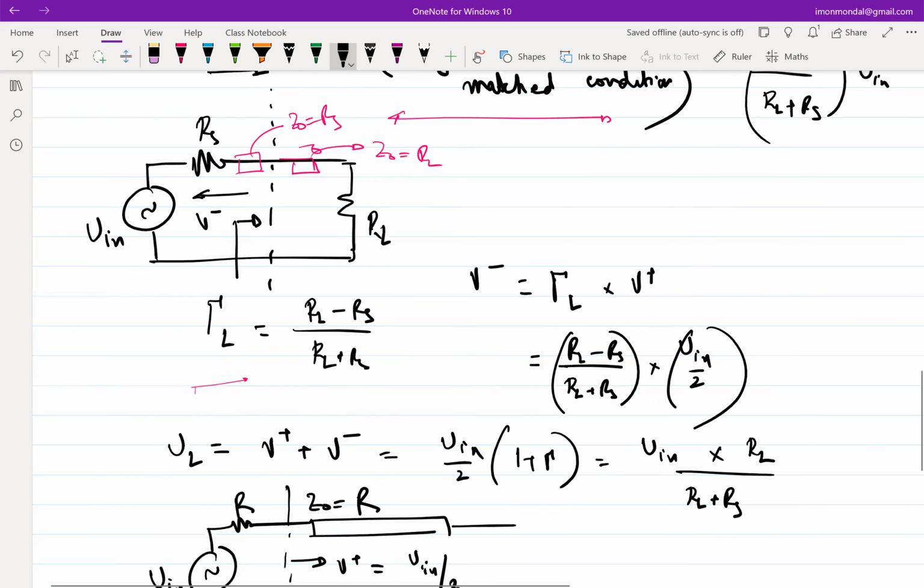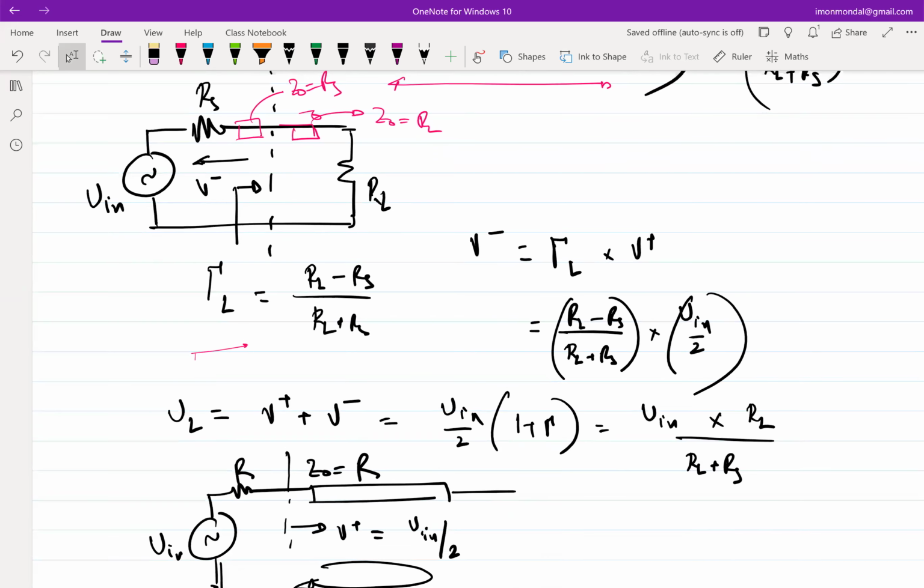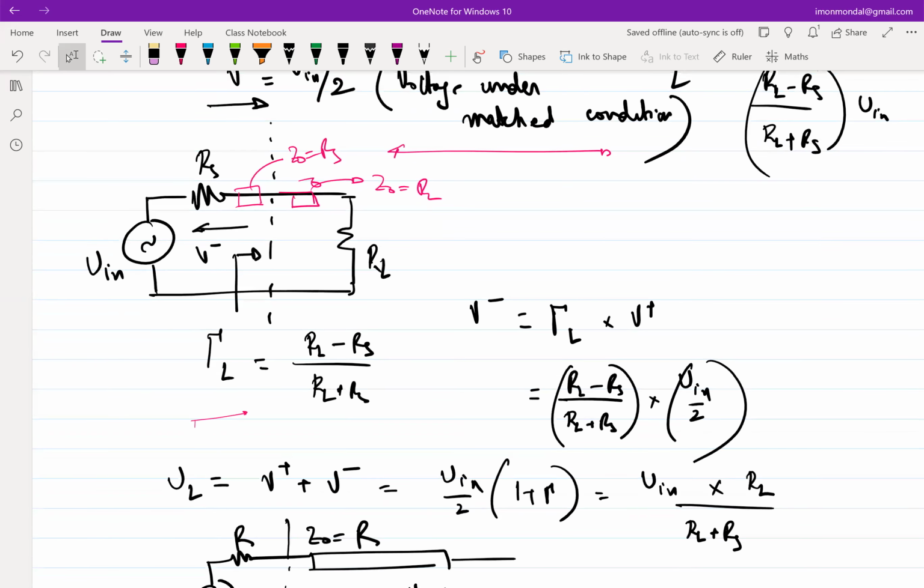Okay, so let me try to answer it in a different way. So this condition is for reflection match, not power match, right? This condition is for reflection match, and if we have to do the